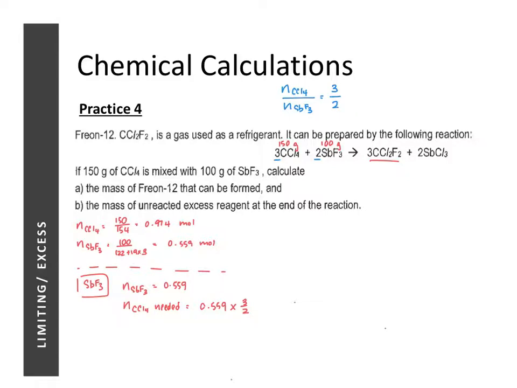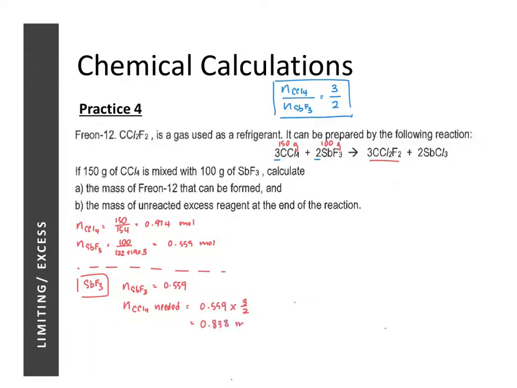If by looking at the equation it's not obvious whether you multiply by 3/2 or 2/3, you can use this. The number of moles of CCl4 needed is actually equal to